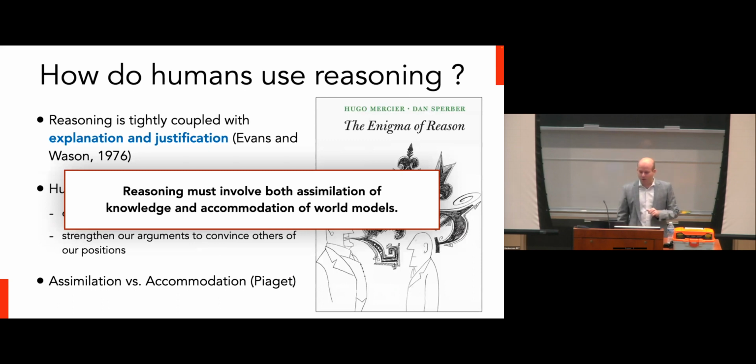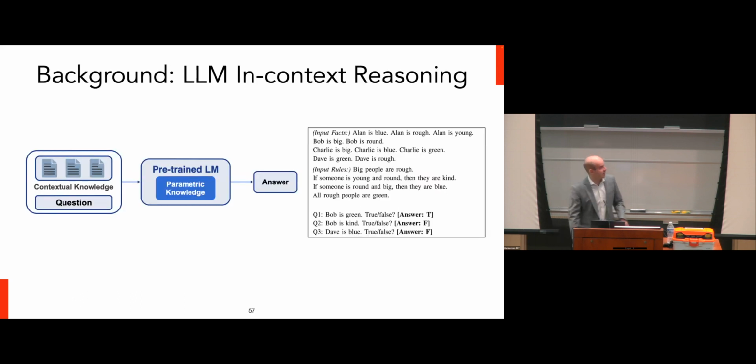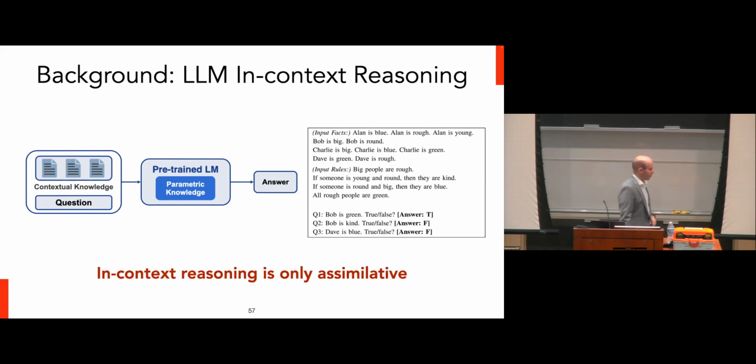Our goal with this project was to create reasoning systems that are capable of not just the assimilation of knowledge, which is what I describe most language models are doing, learning how to interpret their observations to fit with the world model they have previously learned, but also accommodating their world model to accept the new forms of world knowledge that they receive. Putting this at a low level, most models these days are doing what I like to call in-context reasoning. They might receive some sort of knowledge. They might receive some question that requires that knowledge to be answered. They pass it to an LM that has a static, frozen form of parametric knowledge that they've learned from pre-training, and then they provide some sort of answer.